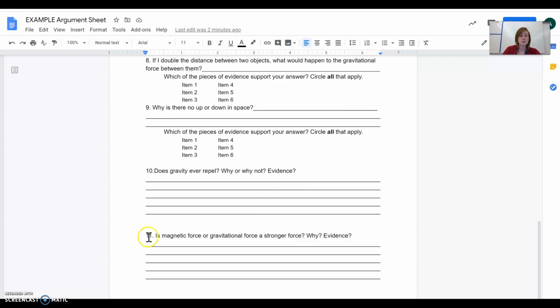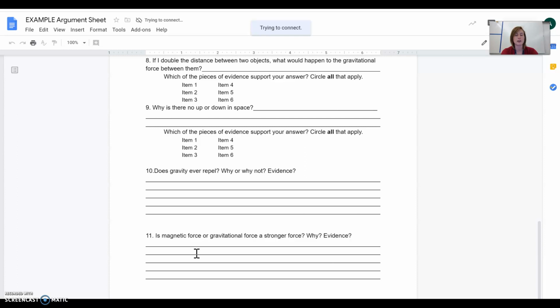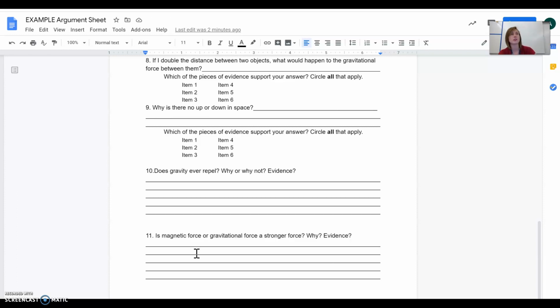And then number 11, you could answer it either way. So it says, is magnetic force or gravitational force stronger and why? I've had students answer it either way, and the main important thing is that you have good evidence to support it. So sometimes students bring up that the Earth has a magnetic field and a gravitational field, right? So they talk about whether the gravitational field of Earth is stronger than the magnetic field of Earth. I've had students say that the gravitational field of Earth pulls on everything. It keeps everything on the ground. But the magnetic